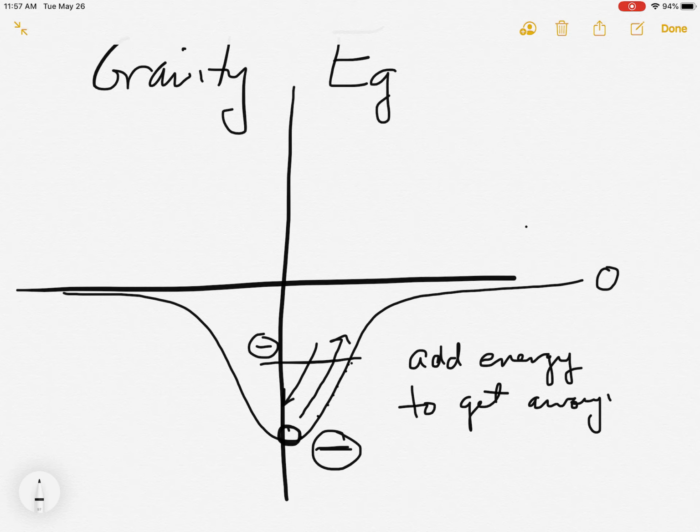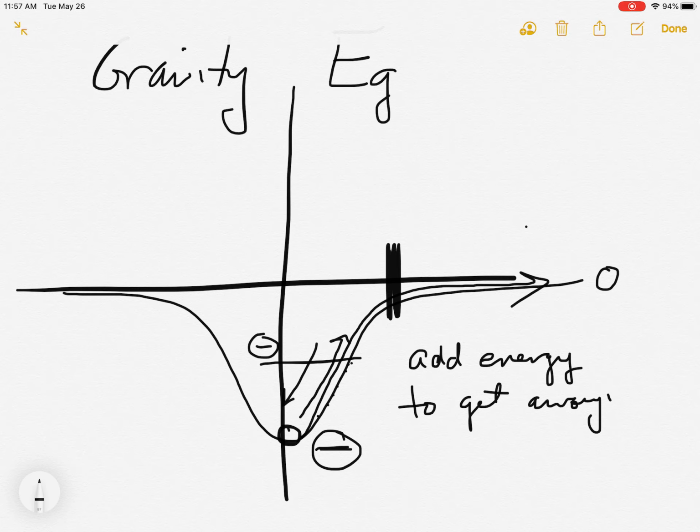And if you add all of the energy necessary to get completely away from this object, enough to push the object out of the well so that it reaches the zero level, it then feels no more attraction to the object, and it's basically at zero level, and it's just going to be floating free with no more interaction. Now, of course, that's an infinite situation, but for our purposes, somewhere around here, there's a reasonable spot where it's near zero,